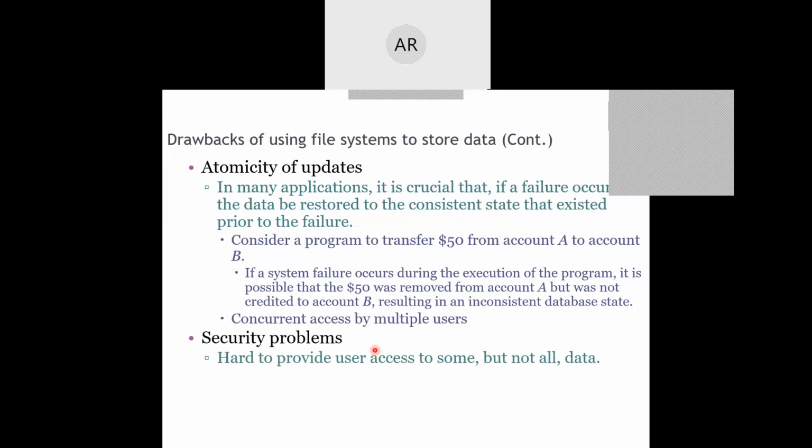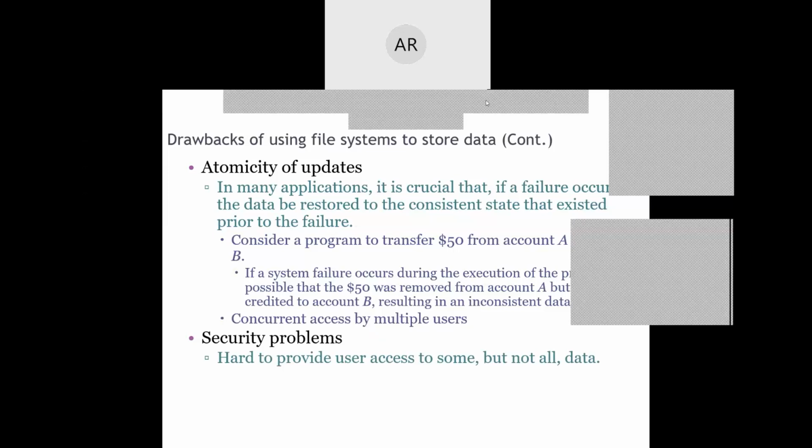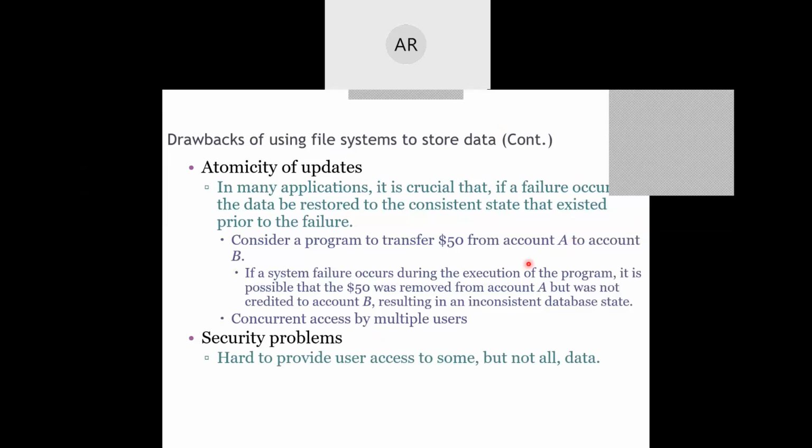Lastly, we have one more problem, which is security. Security is such a highly needed feature that whatever data exists now is expected to be highly secure. When we are using a normal file system, data cannot be secure because, for example, if I am entering some data in files on my laptop itself, I can sit in a closed room and say that the data is secure.